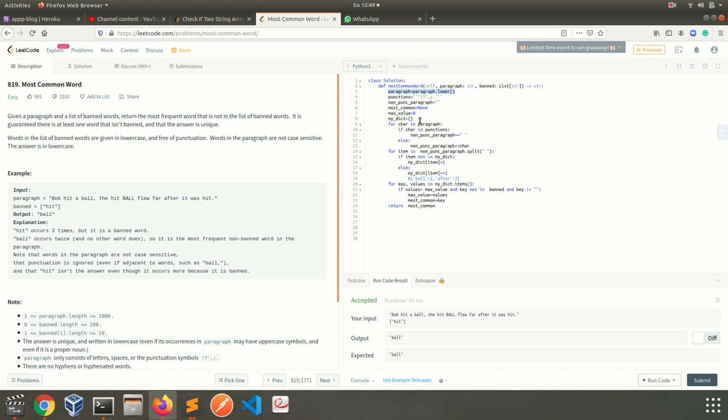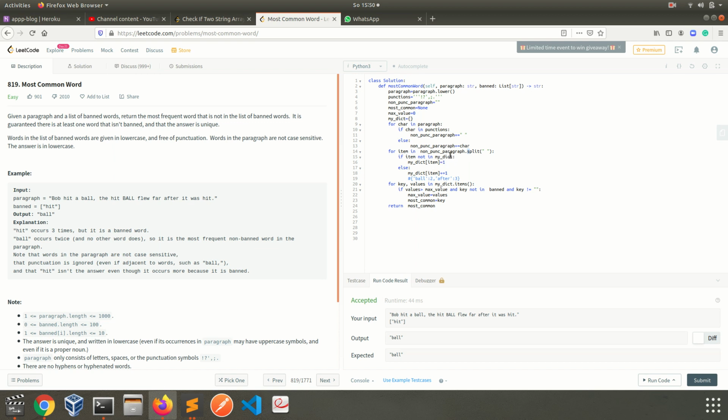I clear the punctuation: if I see punctuation, I replace it with the space character, and after that, I split this paragraph with Python's built-in function split.